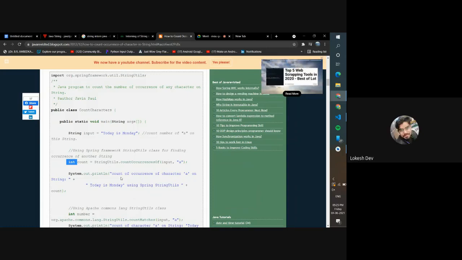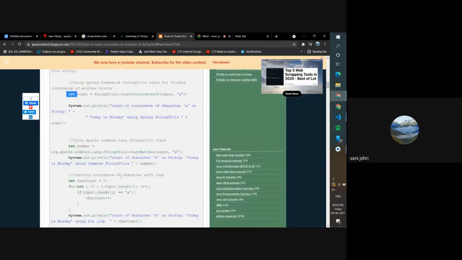Great. So I hope, see, over here they've counted only for A, but the question was you have to count for every character, and then you have to print which one occurs the maximum times. So they showed you how to count it for one. So I hope you guys can think about it and figure out how to count it for all the characters. You know how to get every character of a string, you know how to get the length of the string, and now you know how to count the occurrence of a character. So you can count it for every separate character and then compare them and print which one is occurring the maximum times.